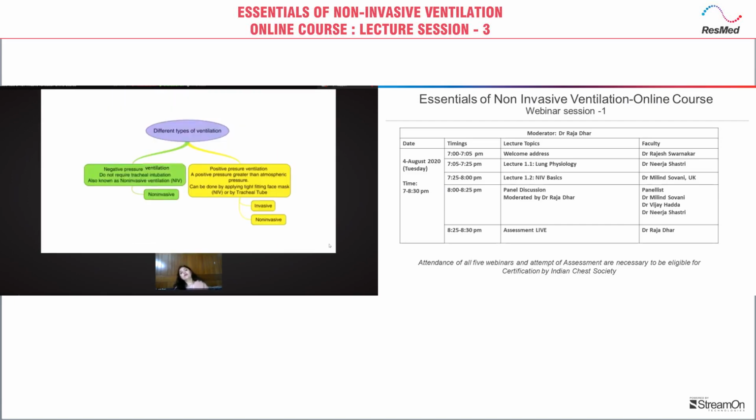Now coming to treatment of this respiratory failure, what is failing in respiration is ventilation, so we are going to provide ventilation to treat it. This ventilation could be a negative pressure ventilation, which is like how it happens physiologically, or a positive pressure ventilation. Negative pressure ventilation we call non-invasive, but non-invasive can be positive pressure ventilation also. So we have positive pressure ventilation, which can be invasive or non-invasive.